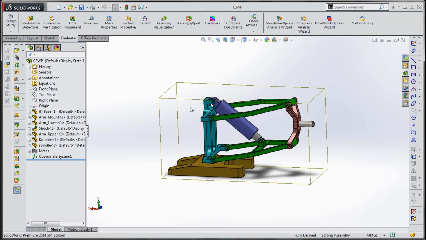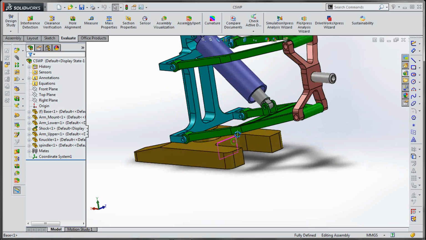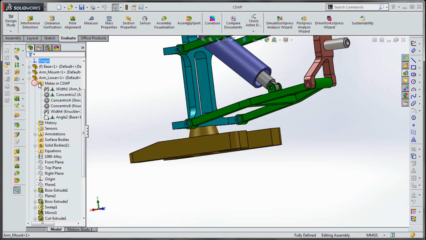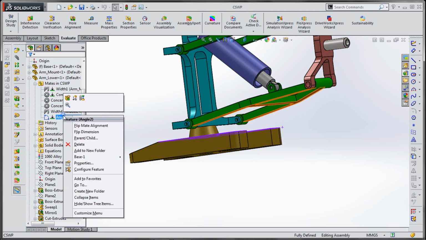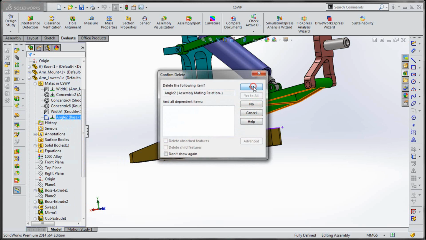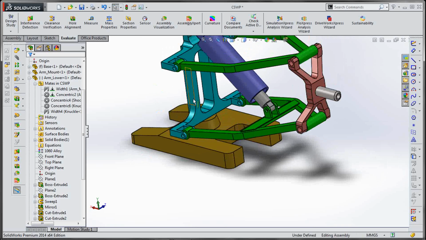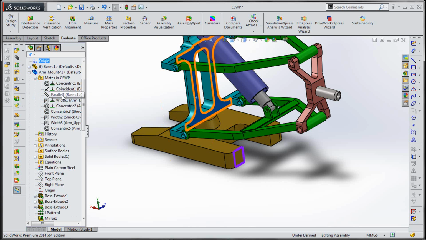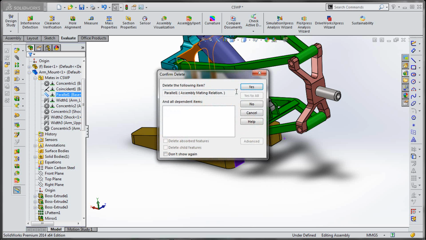Okay, let's do that. So first of all, let's delete some mates. We don't need this mate. Also, we don't need this parallel mate.